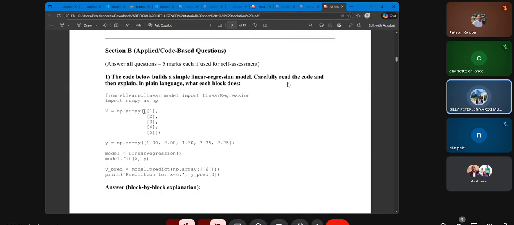When you have an array like this, it means it's in 2D, two dimensions. And then this one is in 1 dimension. Okay, hope that is clear. So you have the X values and the Y values for the prediction. And then when you come to this part,